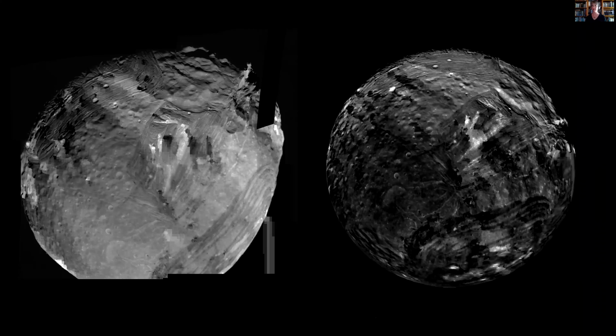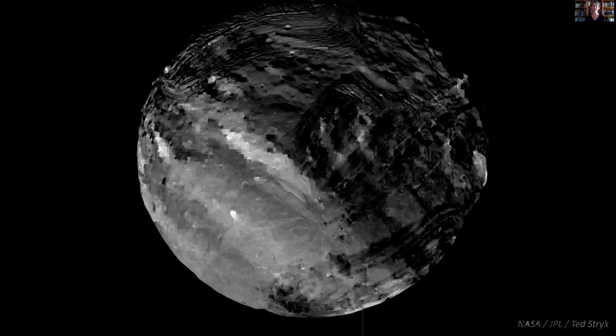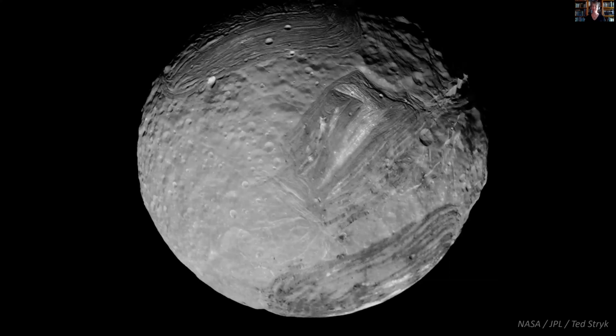And so here's a version mosaicked by Ted Stryk, who is a master of working with really gnarly data sets. Now, this is not a scientific product. It's been warped and stretched in very unscientific ways to make things fit together. There's been some data copied in from something lower resolution to fill in a gap. So it's a somewhat fictional product, but it is a much better representation of what Miranda seems like than those other images that were produced by professionals. And so again, different goals, different processes, you make different compromises.